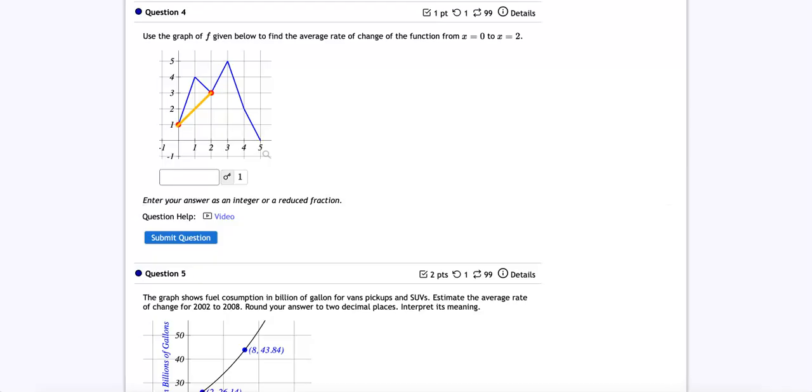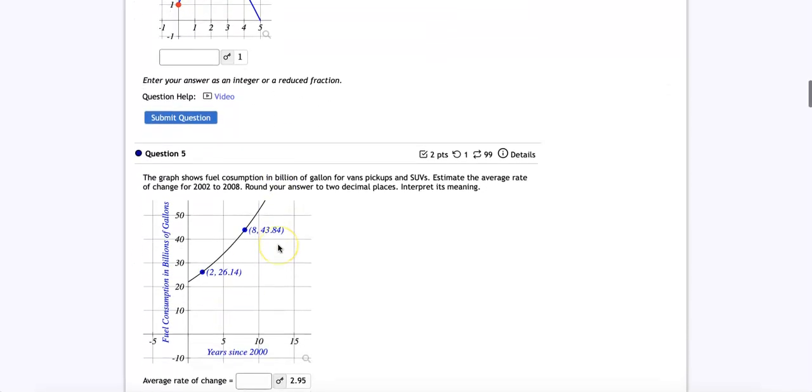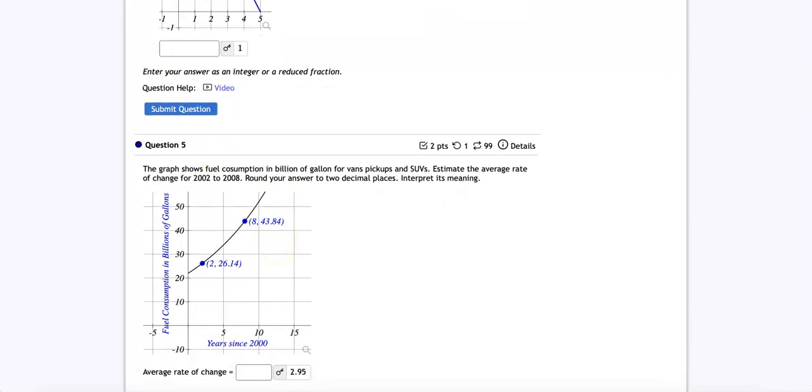In the case of a curve such as this, we wouldn't be able to just count boxes. So yes, you could have a line drawn, and that line can be visually helpful for you, but at the end of the day, you're still going to just need to use the computation for slope using these points. And so what we end up with is